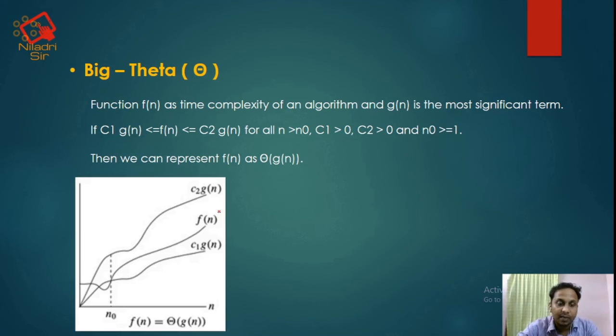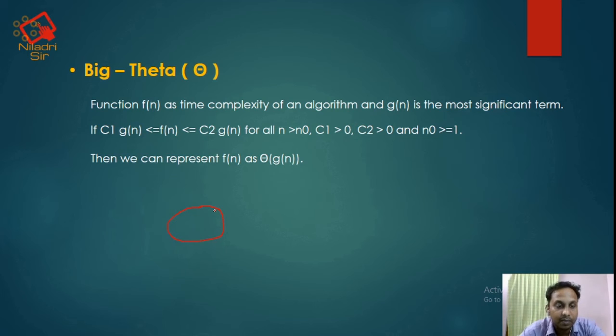So let's check the graph, okay. In case of big O notation we have seen that f(n) is less than C g(n), okay. But in case of big omega notation, f(n) is greater than, okay. But here in case of big theta notation, f(n) is in the middle of C1 g(n) and C2 g(n), okay. This is basically the average case, okay. This is because of average case time complexity: the function of n is in the middle of C1 g(n) and C2 g(n), okay.